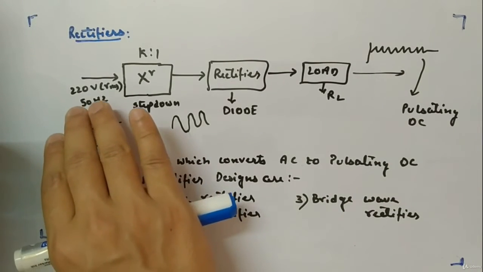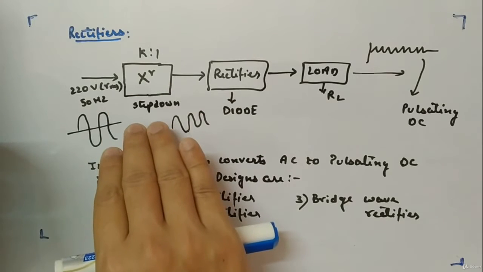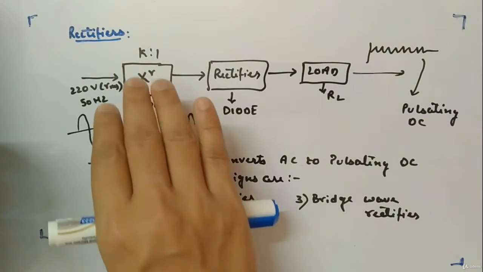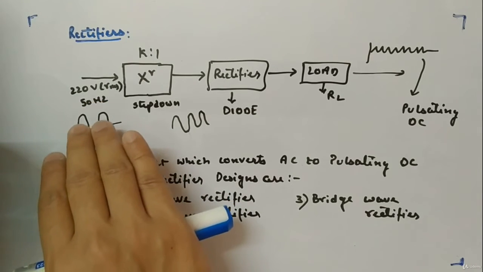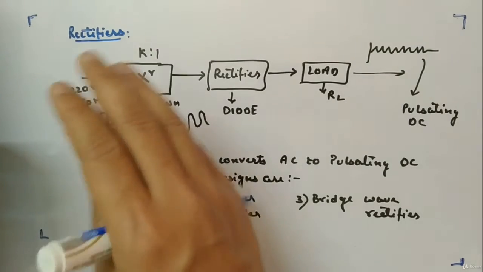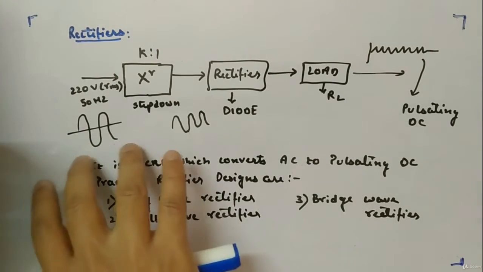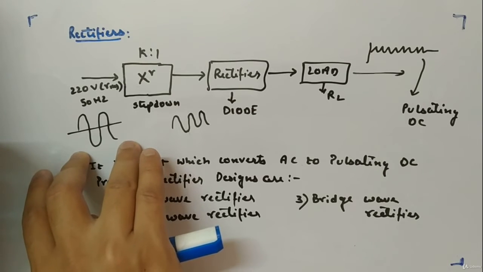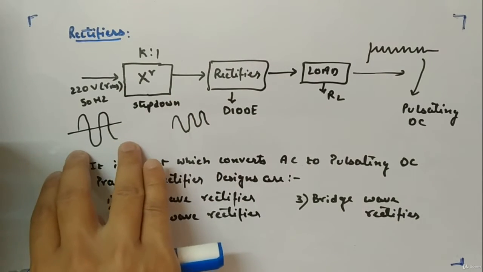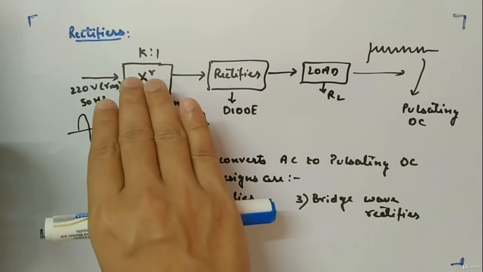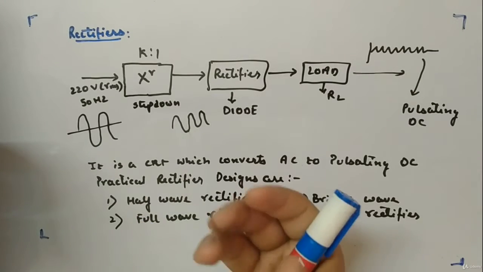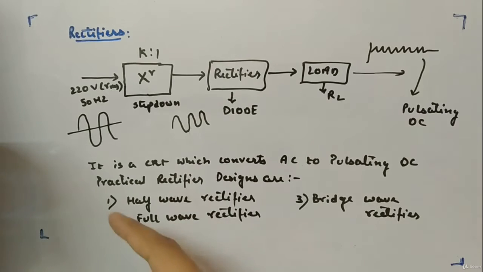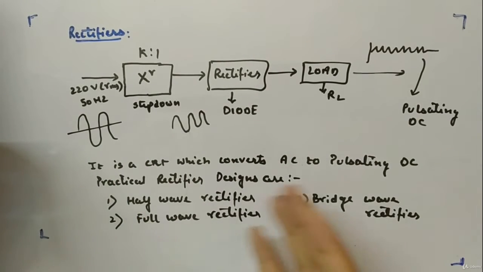So you generally have an input given to a transformer, which is a step down transformer, some K is to 1 turn ratio. So you will be applying 220 volt RMS voltage with 50 hertz, which is usually what you see in sockets, which will look like this, some big giant signal in amplitude, and you will use a transformer to step down the signal. Means you will reduce the amplitude, you will reduce the giantness of the signal, so it will become less in amplitude.